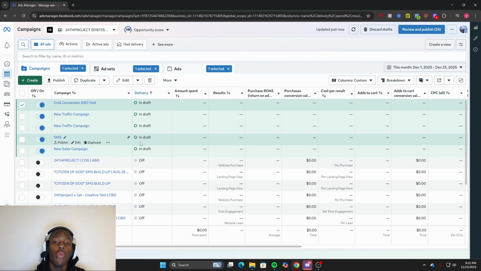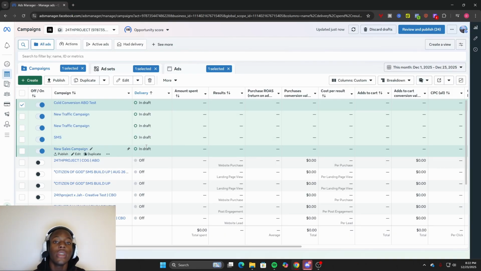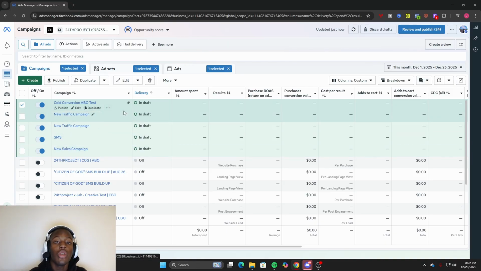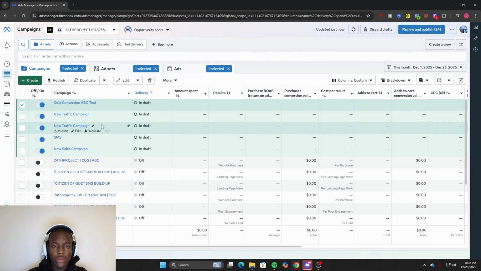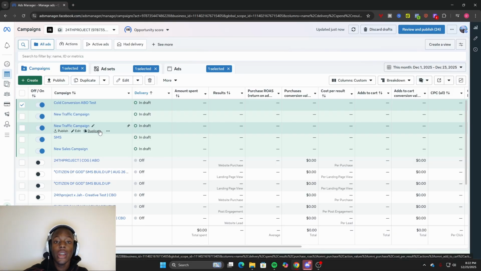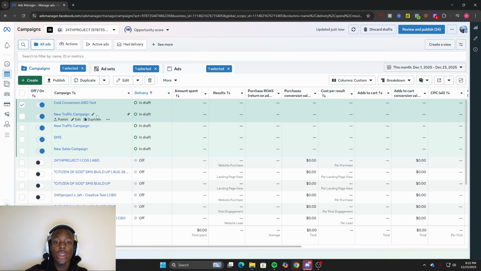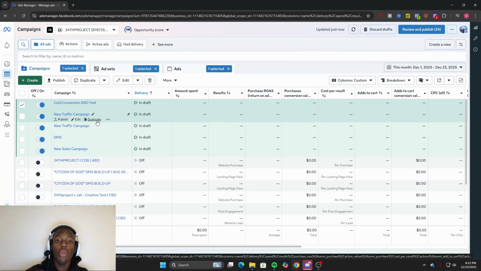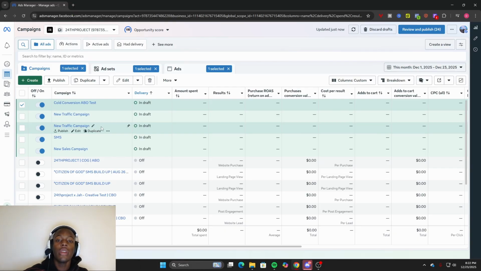Just give it time, and then when you actually see creatives that are, let's say, too expensive to convert, you want to just make sure to turn those off and just let Meta focus on the best performing ads, or you can also leave it on, right? Usually for me, I would just cut it off and start adding more and more and more ads so that in a way, since you already have tested creatives and you see what's getting you purchases, you're just gonna go ahead and just create more variations of those creatives because you already know they're doing good, right? So